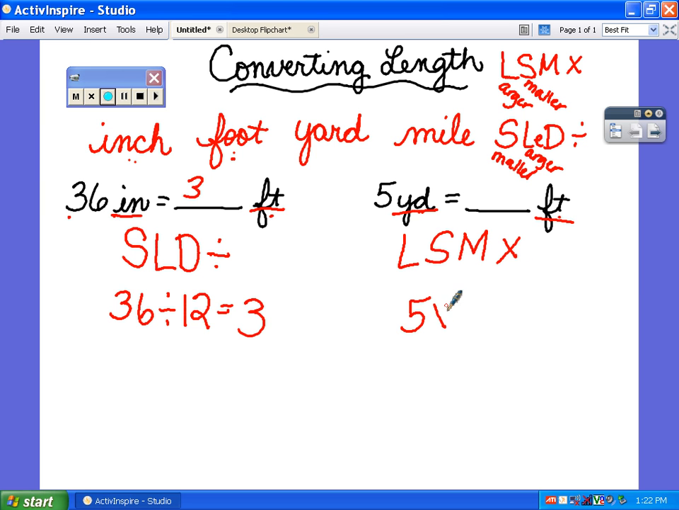Now we need to know what we multiply by. So you're going to sing the song and stop when you hear yard and foot. Go. 12 inches in a foot, 3 feet